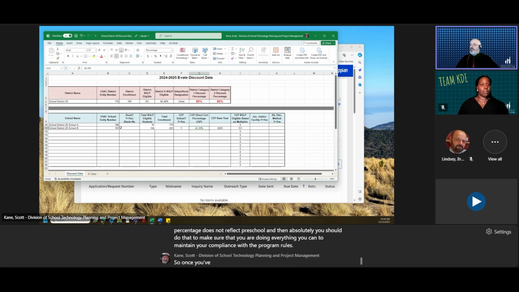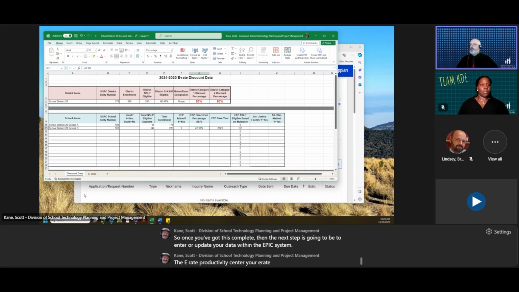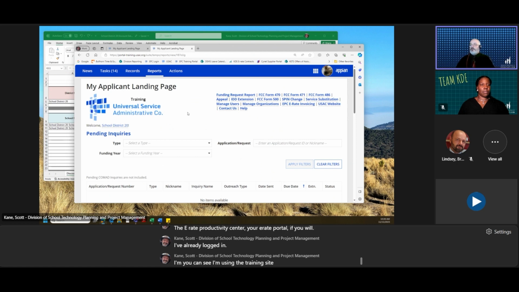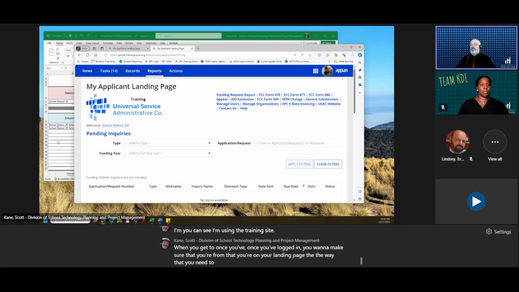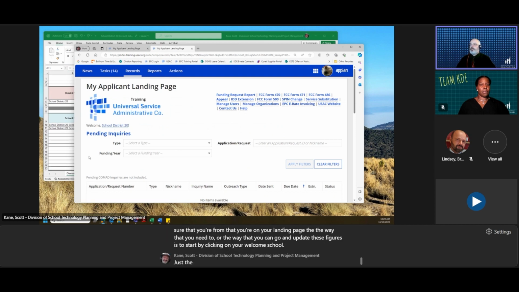So once you've got this complete, then the next step is going to be to enter or update your data within the EPIC system, the E-rate Productivity Center, your E-rate portal, if you will. Now, I've already logged in. You can see I'm using the training site. Once you've logged in, you want to make sure that you're on your landing page. The way that you can go and update these figures is to start by clicking on the welcome text in your welcome school district,